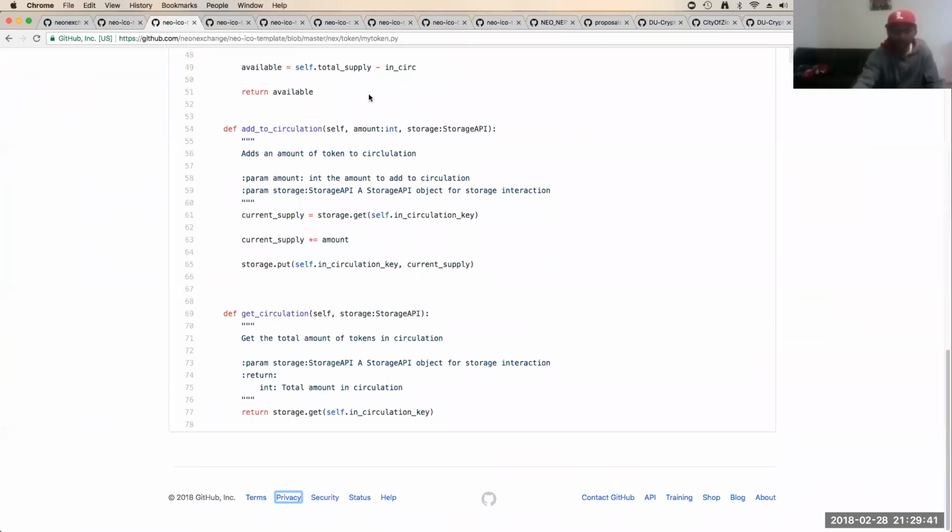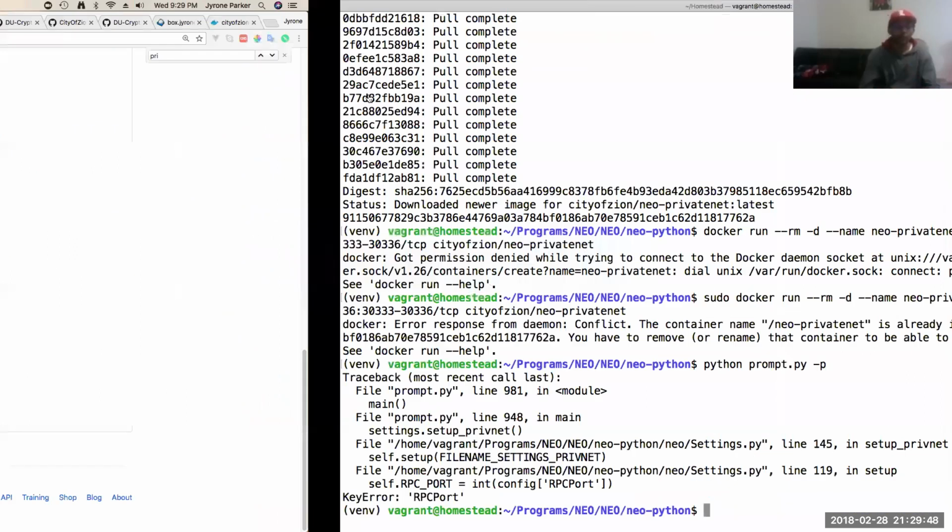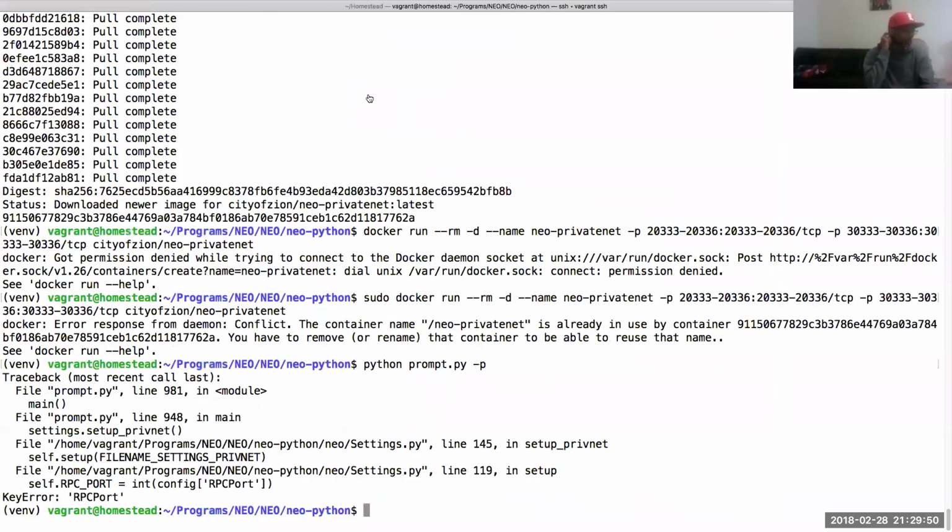I'm gonna play around with this, and once I get this NeoPython error figured out. Actually, let me see something.